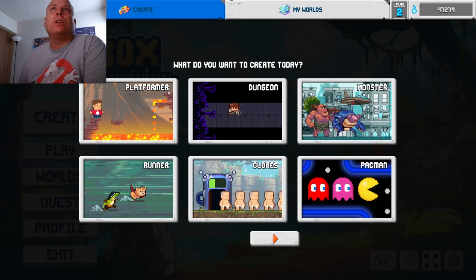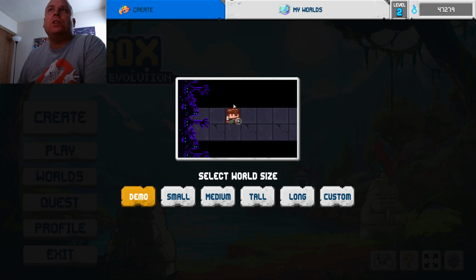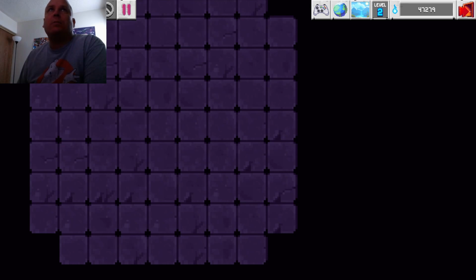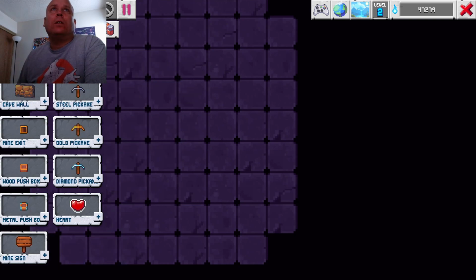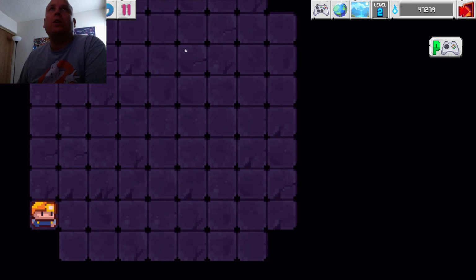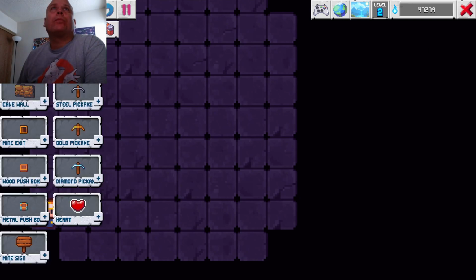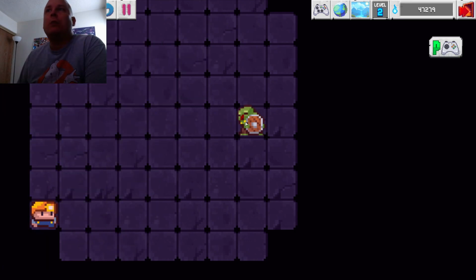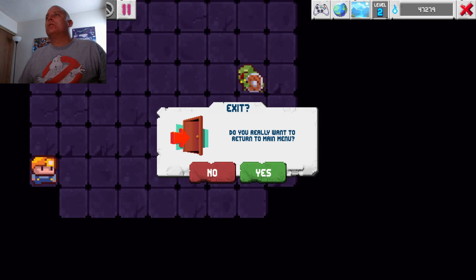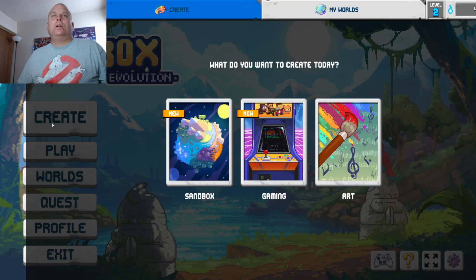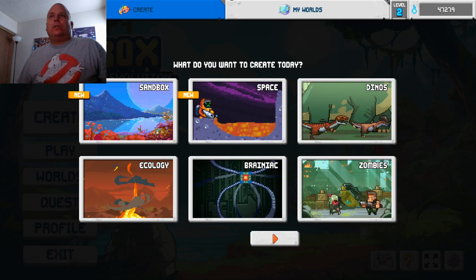As you can see here, you can also make like an RPG. So if you hit dungeon here, you can make an RPG type game. So say you want to be, you know, a miner guy, put him here. And then you want like a shield goblin, put him there. You know, and you can do different things with that as well. So there's a lot of options there. And yeah,